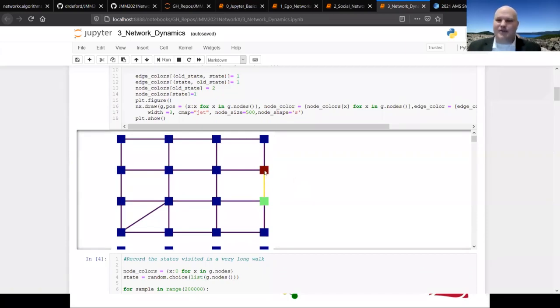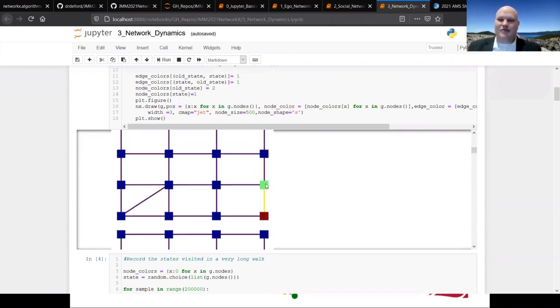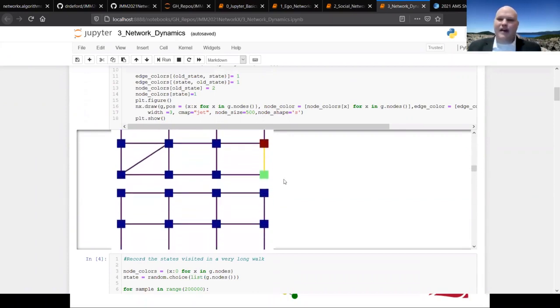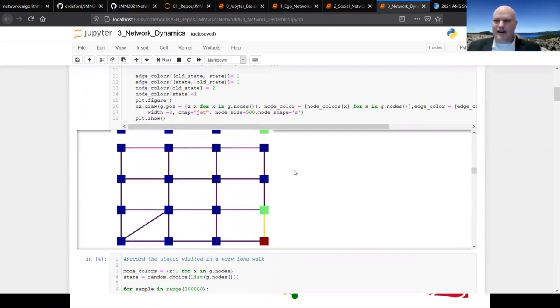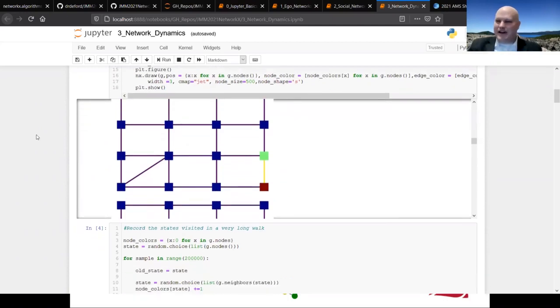So at every step, it's moving from the node colored red to the node colored green. So it picked one of its neighbors, it moved down. Now at the next step, it was here at the previous step, it moves down into the corner, going to bounce around back and forth for a little while. There's also a little bit of a script in the comments on one of these that shows you how to animate these into a GIF if you really like watching the random walker bounce around on the nodes